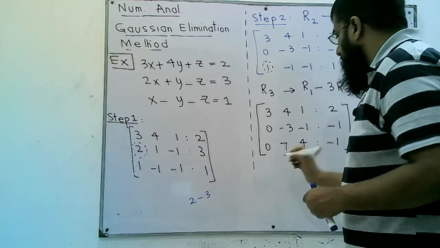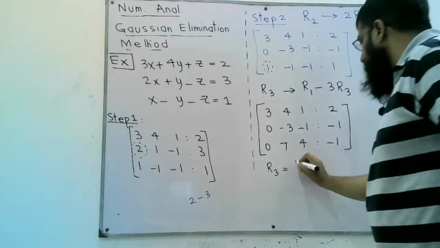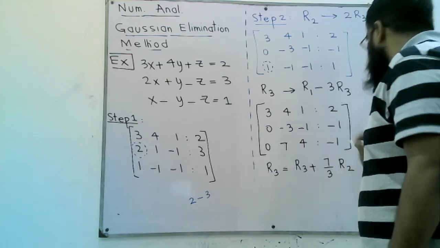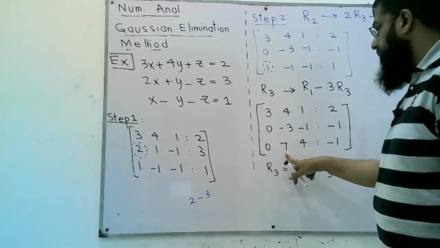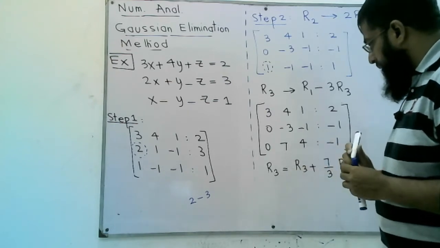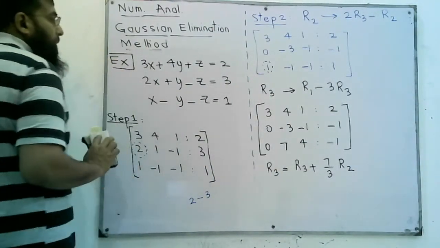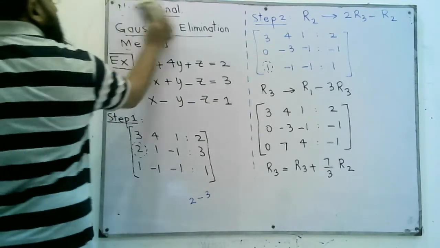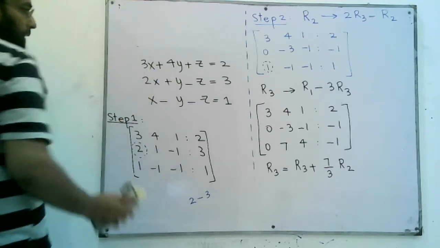For that we'll have to keep that 0 as such. Right, so we have to devise a row operation, R3 equal to R3 plus 7 by 3 times R2. This I have carefully designed so that this 0 remains 0 and this converts to 0. So this is changed to 0. After this operation, this is changed to 0. So let's implement this